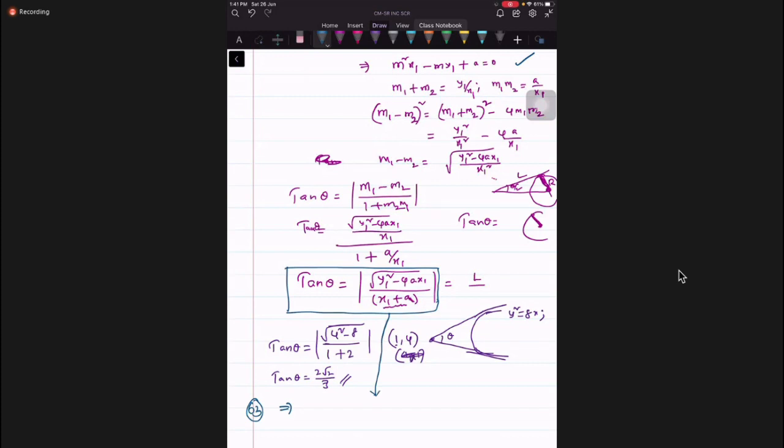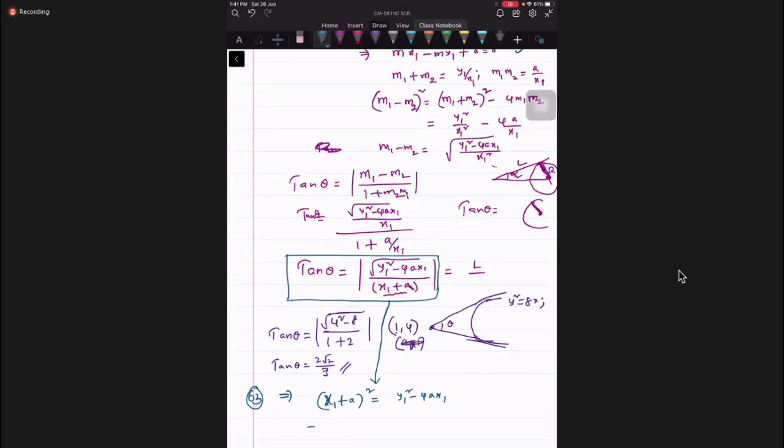Then I'll take one only, plus or minus 1, but I'll do square. So that's why, shall I write this as x1 plus a, the whole square equal to y1 square, students? Now, locus of x1 comma y1 is what they're asking. You can check with the options. If you reach the option, fine. If not, you can simplify this.